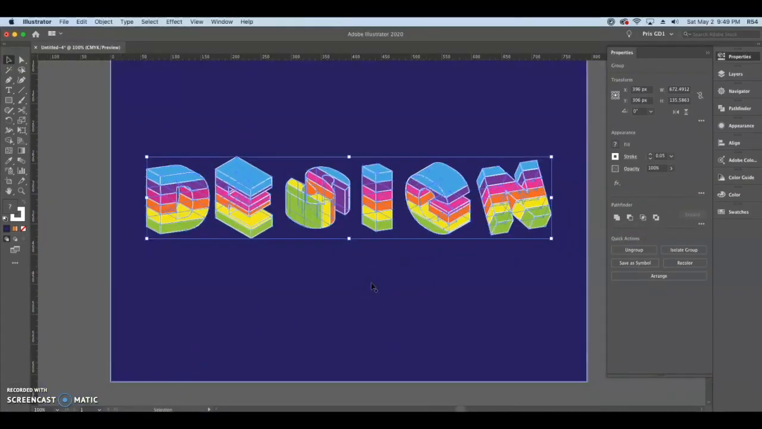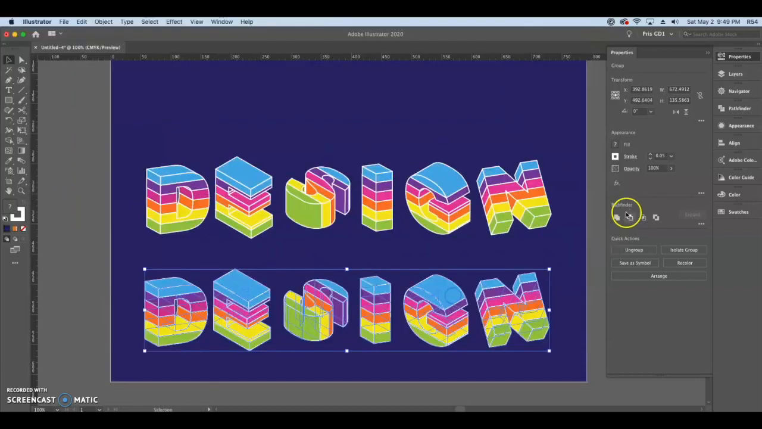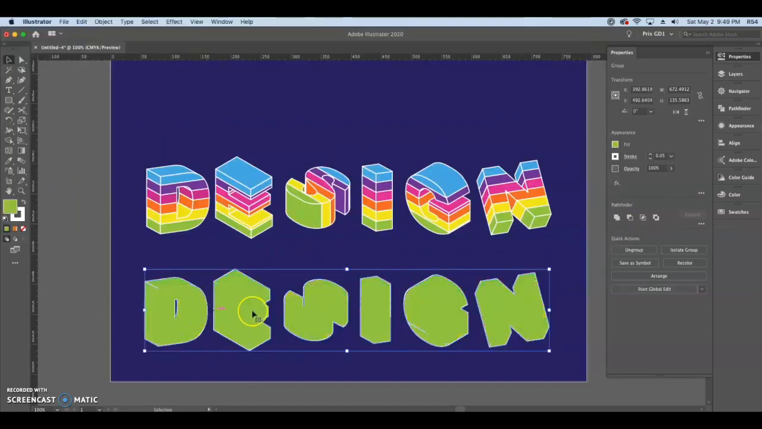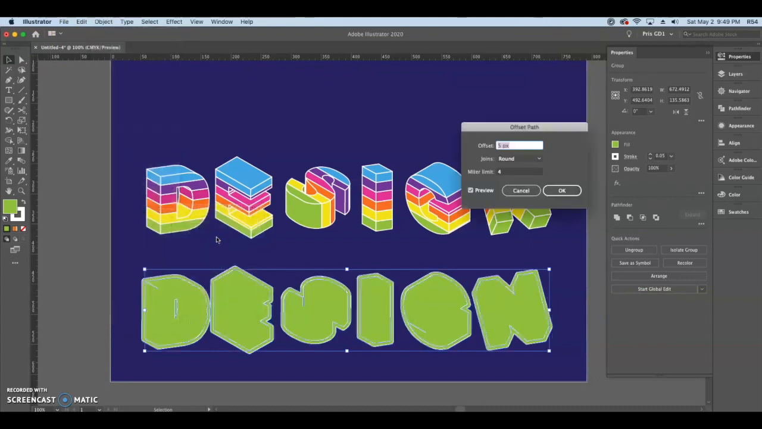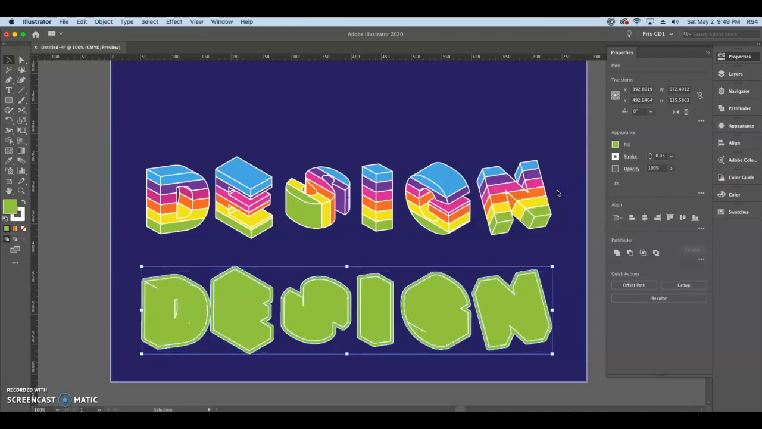Now I want to create a bigger stroke that surrounds my entire text. So I'm going to create a copy and unite this copy, okay? So I can have just one shape. And then I am going to offset the path. So I'm going to go to Object, Path, Offset Path, and I'll put just 5 pixels. I don't want it to be super big. And then I'm going to click OK and choose the Unite option one more time in the Pathfinder